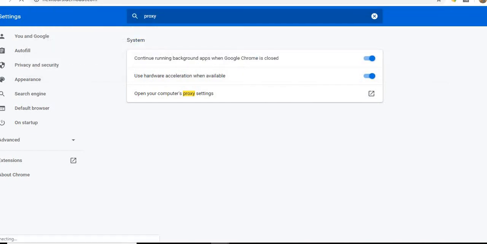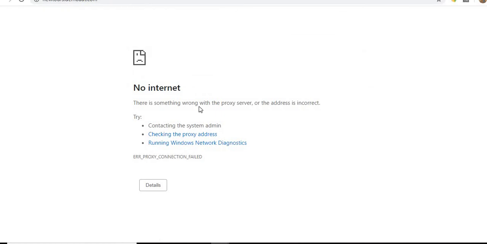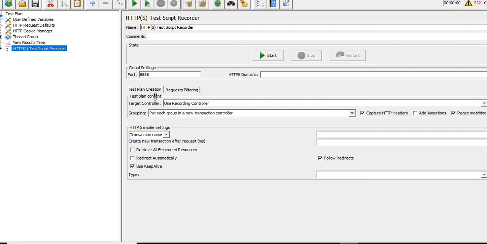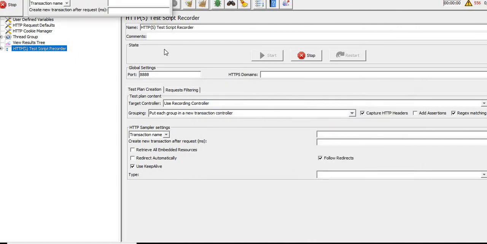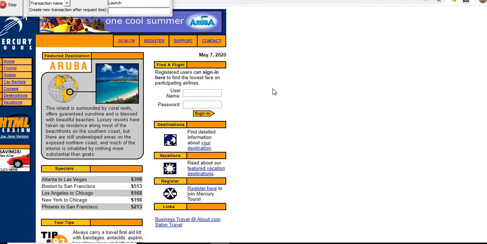Okay, sorry, I need to start the recording first. So I have started the recording. The name of the transaction is launch, and you can see the page is launched successfully.